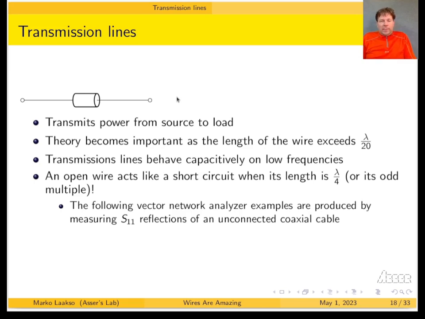Transmission lines. Here's the symbol. It resembles this coaxial setup a bit, if you will. The transmission lines are there to transmit power from source to load. So that's their purpose. Why we talk about transmission lines is that in the context of alternating current,